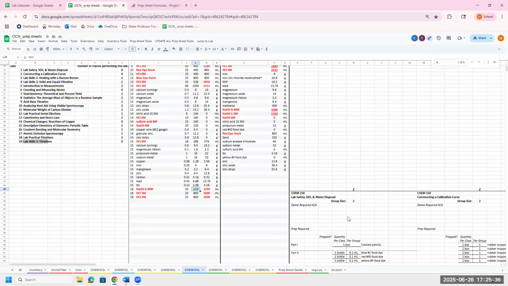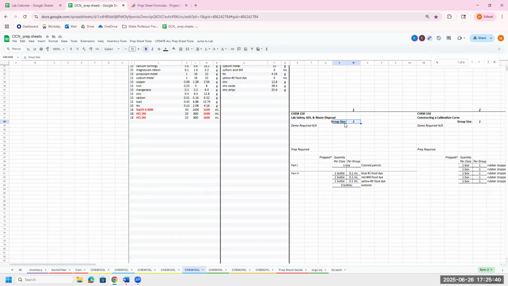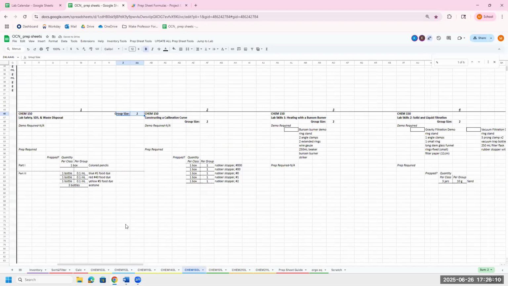So one last thing is, if you did want to move where this group size value is, like say you wanted to move it over here, or up in the top right corner, or really wherever, that is okay. However, you will need to do something to make that change. If you wanted to do it that way, and frankly, I actually kind of like it being up here better, but yeah, so for the sake of an example, if we say wanted to move the group size up to the top right corner